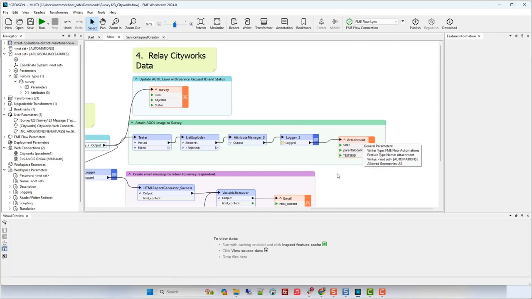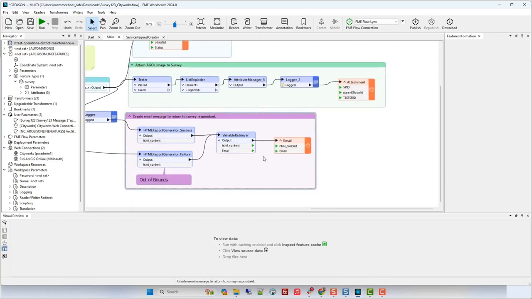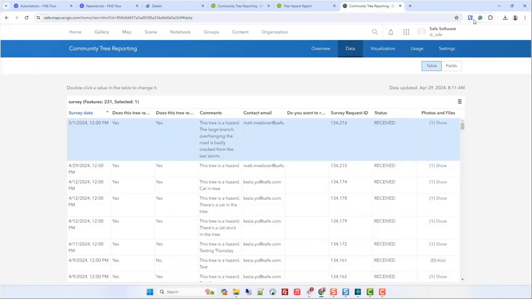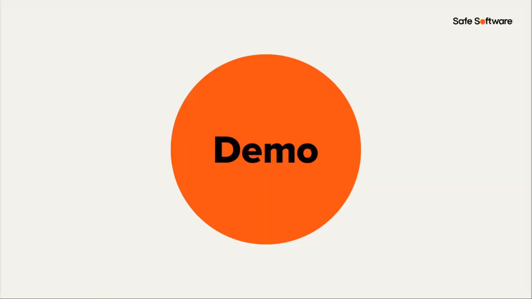And this is where we saw our attachment writer in the automation. So we're sending some information out to go get that picture attachment. And we've also used an HTML report generator to create our email body. And we're sending that out to an automation writer as well, so that it can be passed to that email automation action downstream and send the email. So that wraps this demo up. And that's an example of some application integration keeping two systems synchronized.